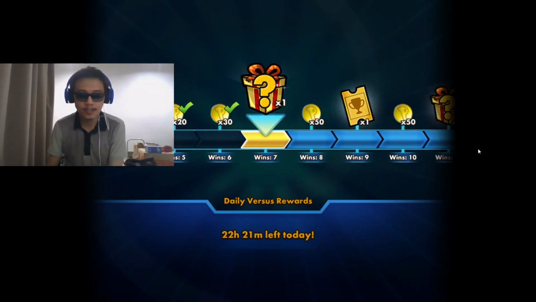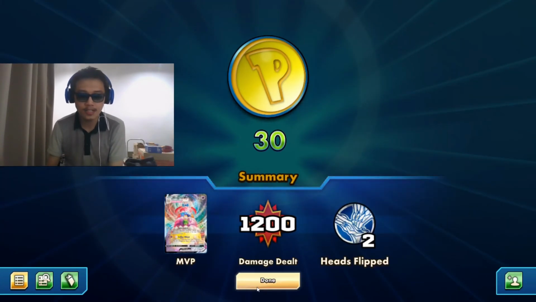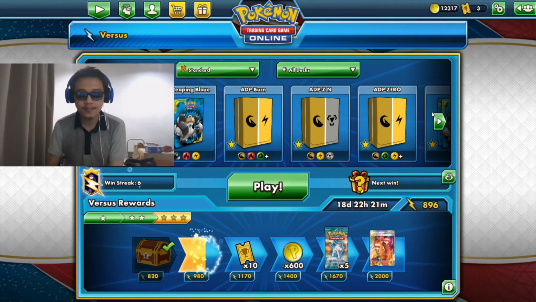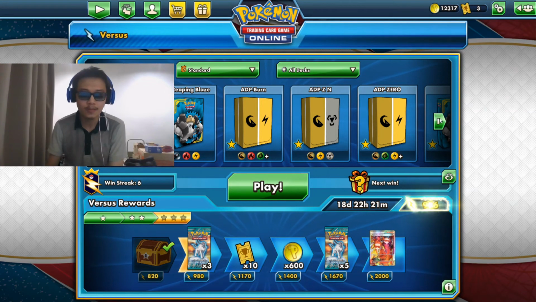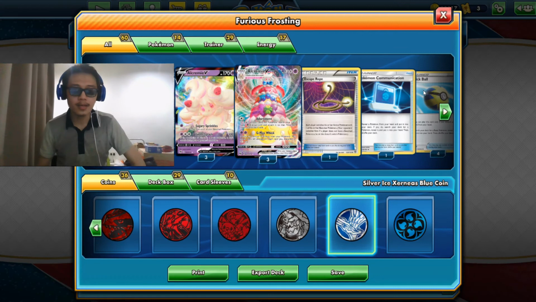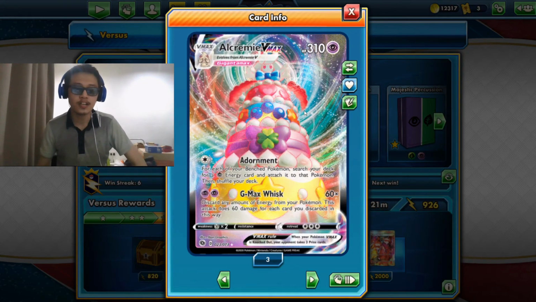So that's it, we won our second game. That's it for our VMAX Whisk deck. Hope you enjoyed our Furious Frosting deck featuring the Alcremie VMAX from Champions Path. The only thing you need to watch out for is the metal type weakness because people love playing Zacian V, they love Corviknight VMAXs. So this card is weak towards metal type, it's a fairy type, and it's only at